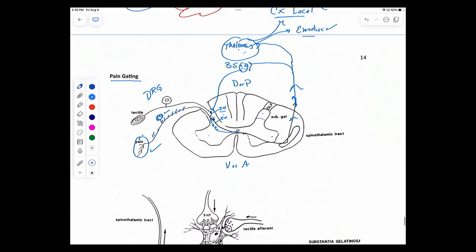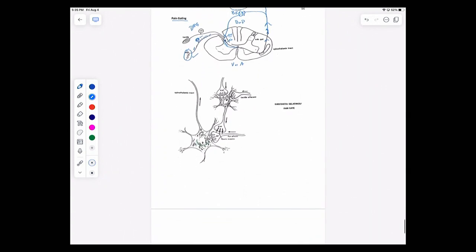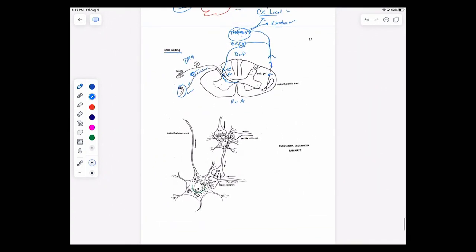So let's do a zoom so we can have a little better detail on this. I've got a zoom cartoon here. The unfortunate thing is that it's flipped. So here I've got the pain coming in from this side. Here I have the pain coming in from the other side. So let me just go ahead. There's my neuron there.